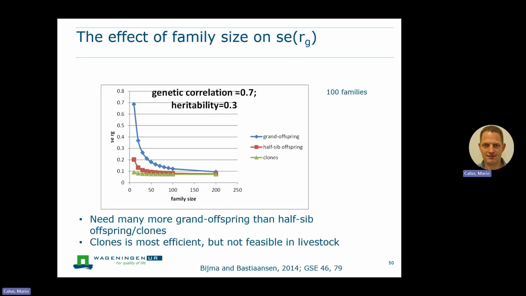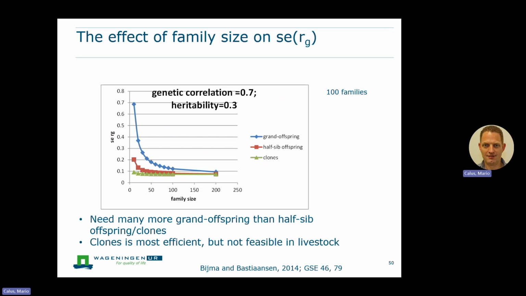So the nice thing with these formulas is that once you have them and you've established them, you can use them to do some power calculations, right? You can just play around with the parameters that go into the formula and then see what you get out. So here, for a particular situation, if we assume a genetic correlation between environments of 0.7 and a heritability of 0.3, then as function of different family sizes,